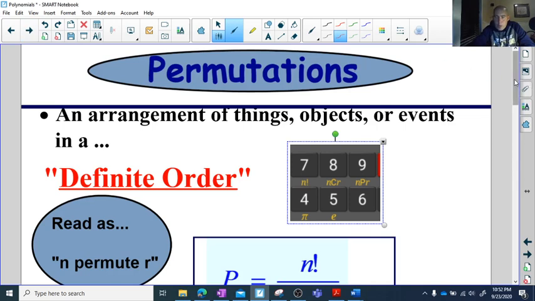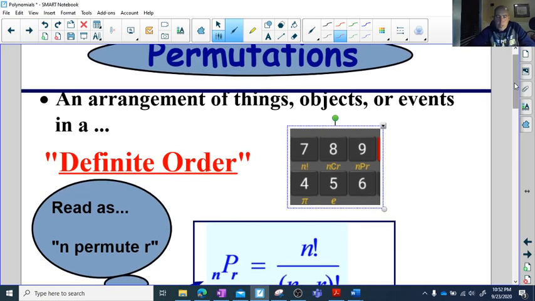This leads us into what are called permutations. Permutations are used when you've got a group of items and you want to pick a smaller subgroup out of it. For example, if I had a class of 12 students and I wanted to pick a class executive, a president, a vice president, and a treasurer, that means I'd want to pick a group of 3 out of a group of 12. That would be an example of a permutation, where you pick a smaller subgroup out of a larger group,